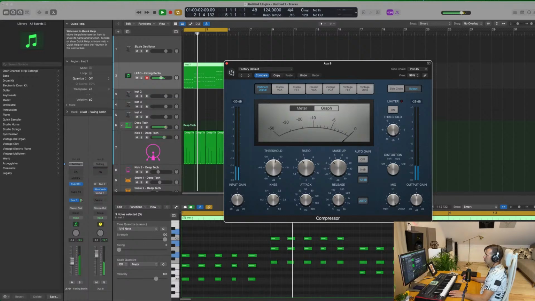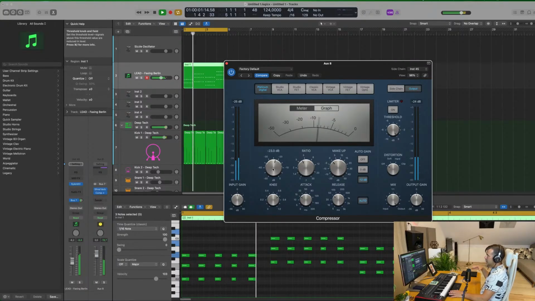So without it, the verb is a bit too present. With it, when the keys hit, there's more presence and the verb is there, but it's compressed. I mean, it's a trick